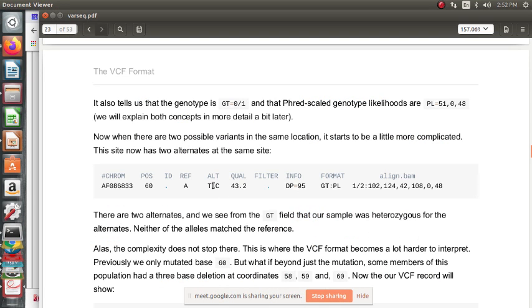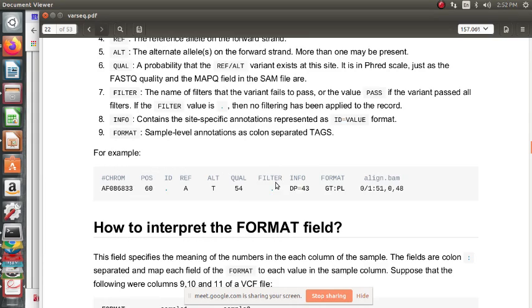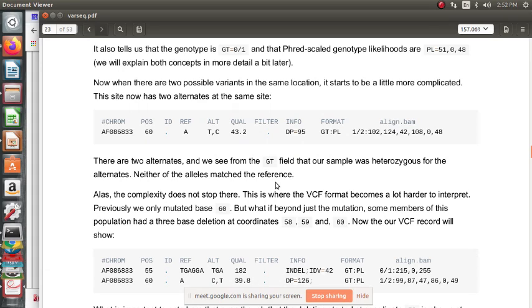So in these two samples, some of the consensus may be T and some of the consensus variation might be C. So quality is 2, so that's also Phred likelihood. This is not Phred likelihood, this is the Phred scaled probability that the reference or alternate variant exists at this position. So this is 10 power minus 4, because 43.2 can be approximated to 40, and 10 power minus 40 by 10, so 10 power minus 4, that's 0.0001, and 1 minus that is going to be the probability. Okay, there are two alternatives.